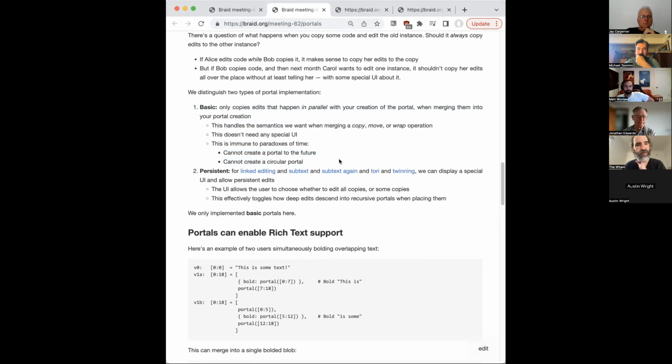Yeah, Greg? I just wanted to throw in that although the persistent portals seem crazier from a space-time perspective, implementation-wise, they were what I did first, and they were the easier thing. I had to trim them down because they just go infinitely. That's an easier thing to express than that they stop on some threshold.